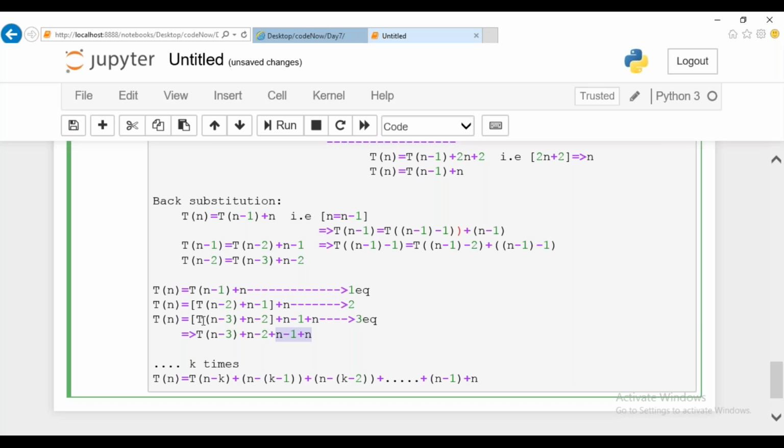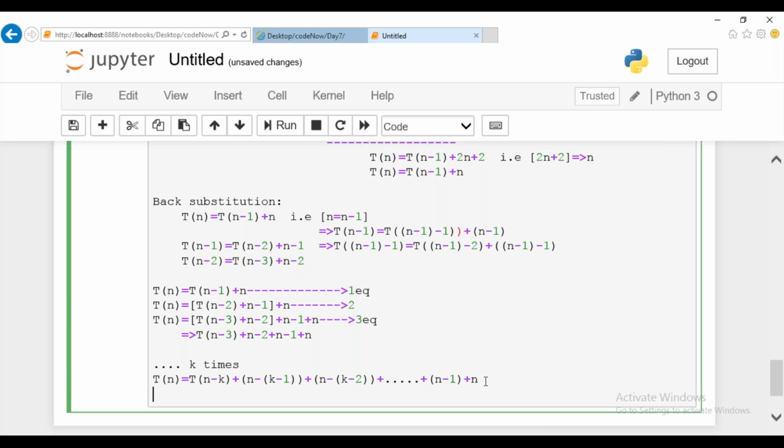So I can form an equation out of it. Initially, let us assume it executes k times, so instead of 3, let me substitute k. 3 minus 1 will be the next statement, so it is going to execute k minus 1 times. Next, followed by k minus 2, k minus 3, and so on, till n minus 1 plus n is going to be substituted here.